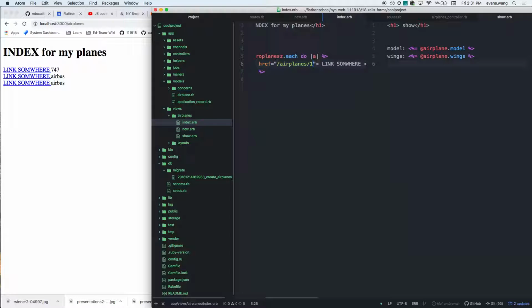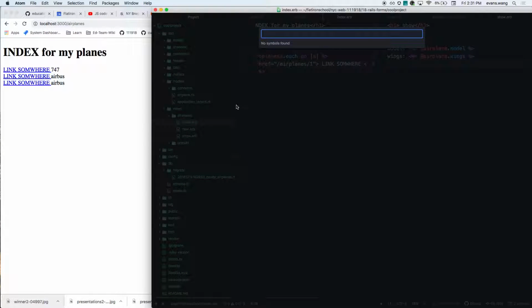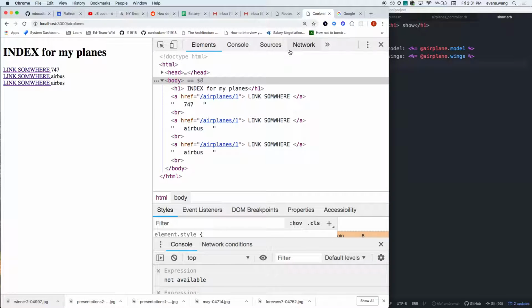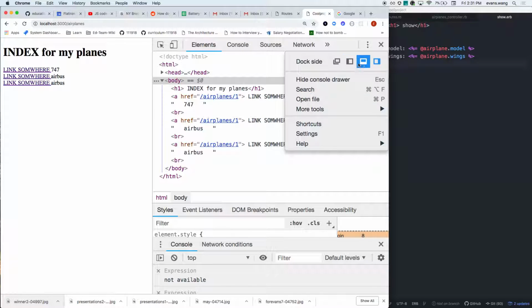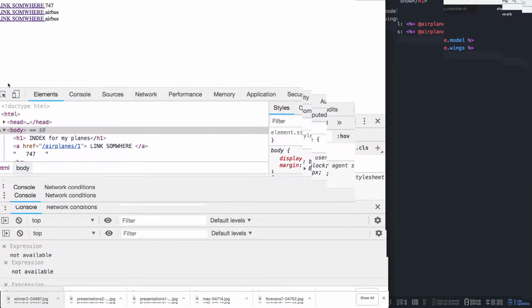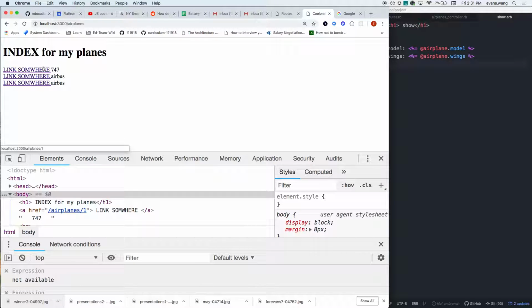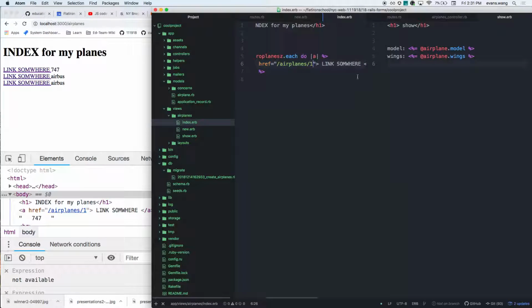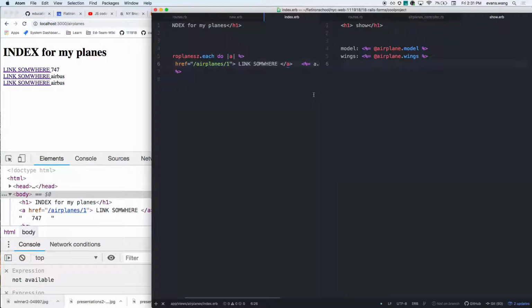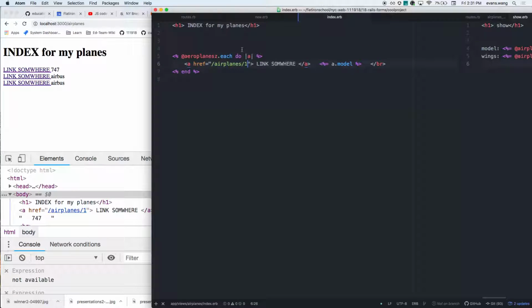/1? If I were to do that, let me move this back down so it helps. Ready? So take a look right here. Airplanes 1. If I go to link 2, airplanes 1. If I go to link 3, airplanes 1. That's a terrible experience. I, however, am fortunate enough to know that I'm iterating through, and can I do something